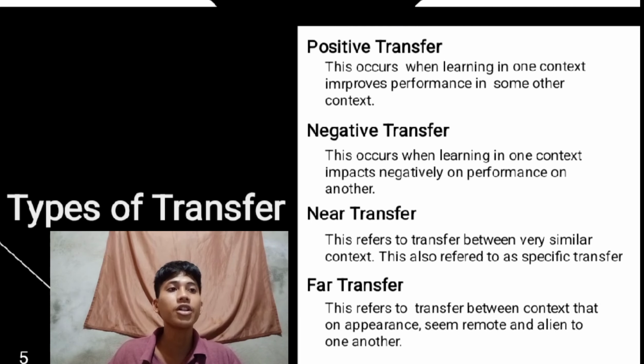Now, far transfer refers to transfer between contexts that on appearance seem remote and alien to one another, which means it occurs when the learning situation differs from or is distant to the original one. Like for example, a student who learns critical thinking in a literature class applies the same analytical thinking to real life decision making, such as evaluating news sources or solving personal problems. The contexts seem quite different and it requires abstract thinking and